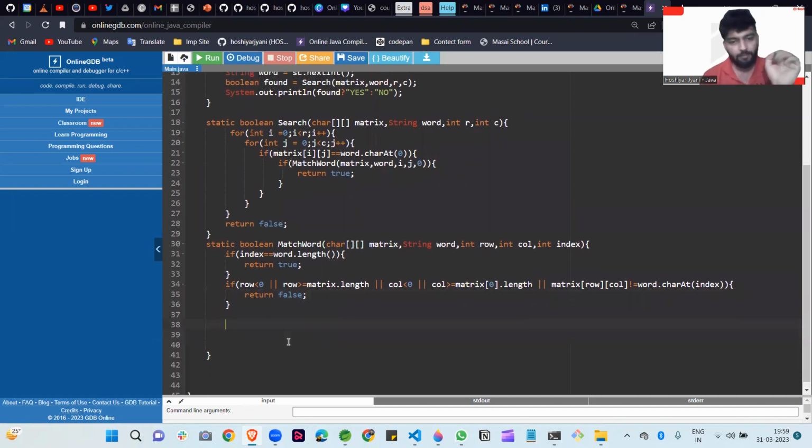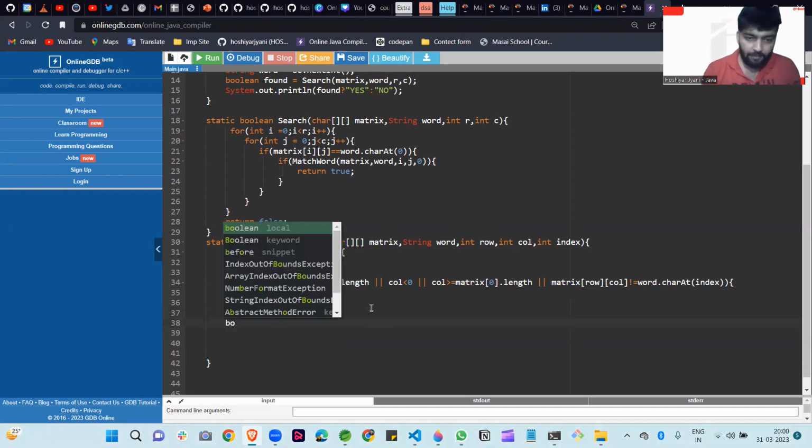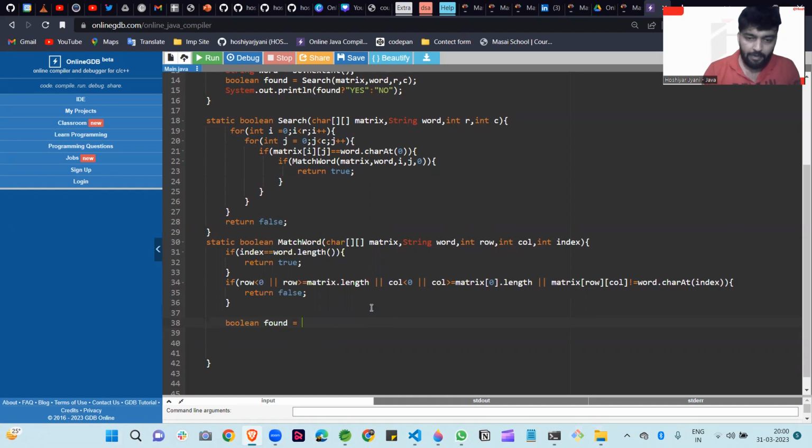When I write the next algorithm, I mean when I write the code further on, only then will this be better understood. So guys, we declare a variable here, boolean found. Now I am doing the recursive call in our match word.